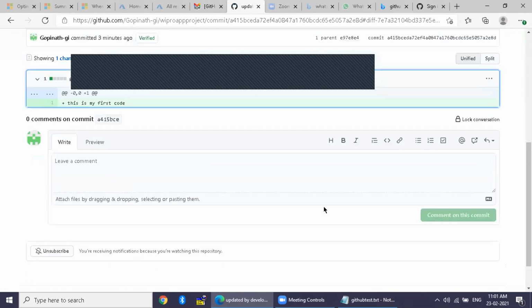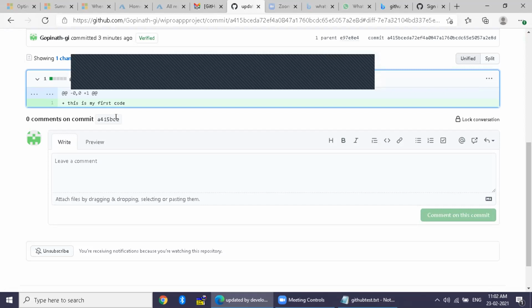Now you are able to see the file which you have. This is my first file. So by using the number, you are tracking who is committing what and when it is committed. So what is the first feature of GitHub? It is going to maintain the version of your file.